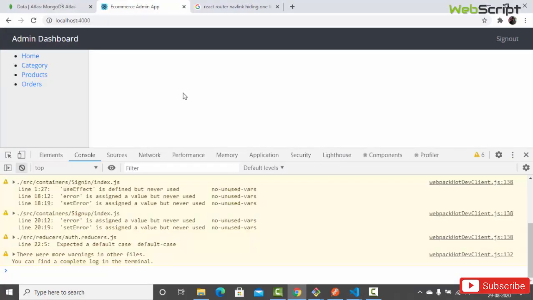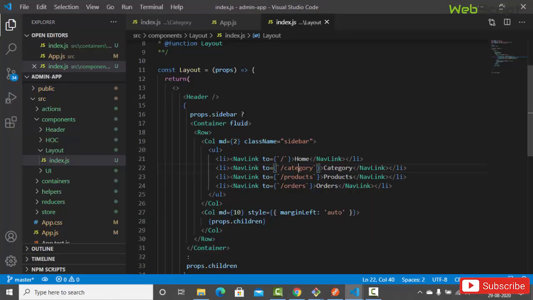Now let's go, and you can see we have 4 options right now. I'm not styling it right now but will style soon. Here we have home, here we have category as you can see, then products. So categories. Now let's add rows and columns so we can create our form and display